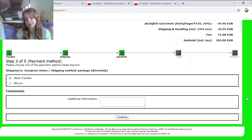So what happens as you follow all the way through here, I'm not going to hit all the way through to confirm obviously. So once you go through here, you hit bank transfer, then you fill in your data, so where it's been sent, all those details, and then you confirm. Now for those of you that might be a bit confused, what happens is they send you a confirmation email. On the confirmation email, it gives you the details of where you send the money. So it'll tell you their bank account details, the code to use to show that you've paid it, and basically what the summary of the full